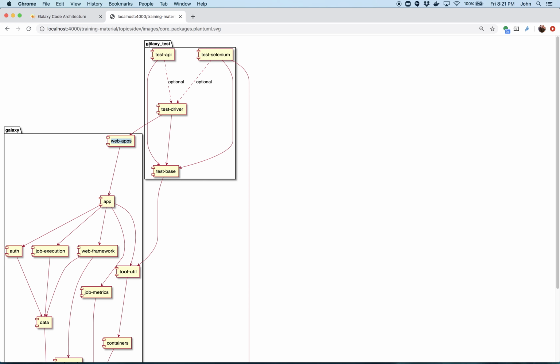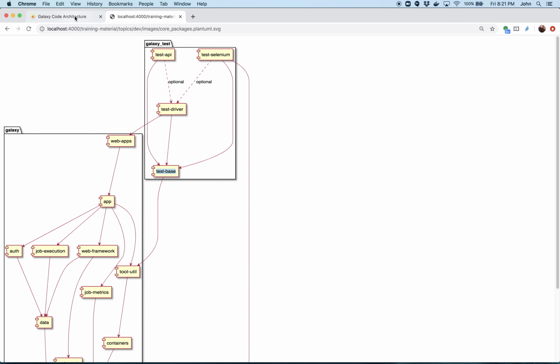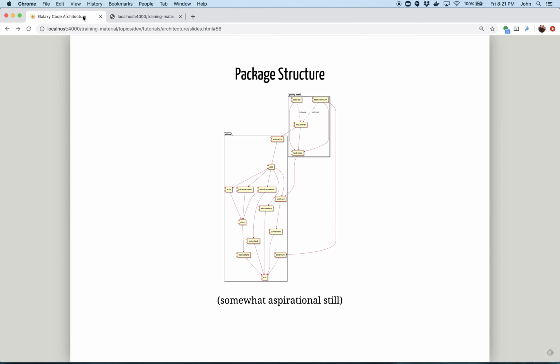And then we package up the API tests and the Selenium tests this way. They definitely depend on the test base, and then optionally depend on test driver. So they can run standalone, or they can run against an existing server. And that is some of the architecture around how we package these different sub-packages and